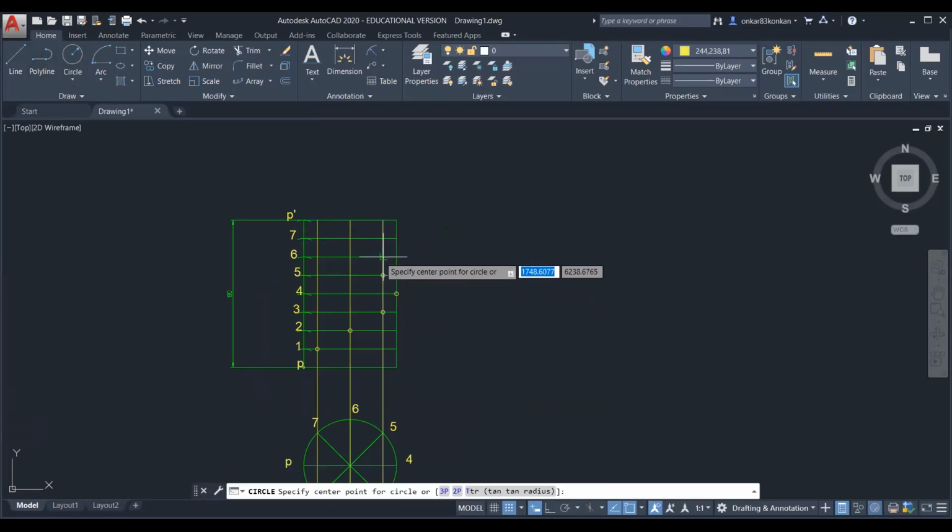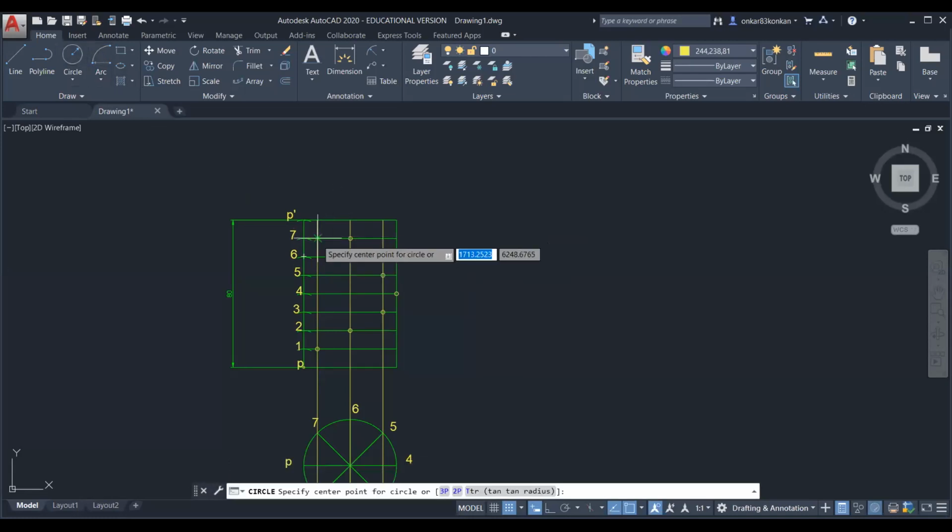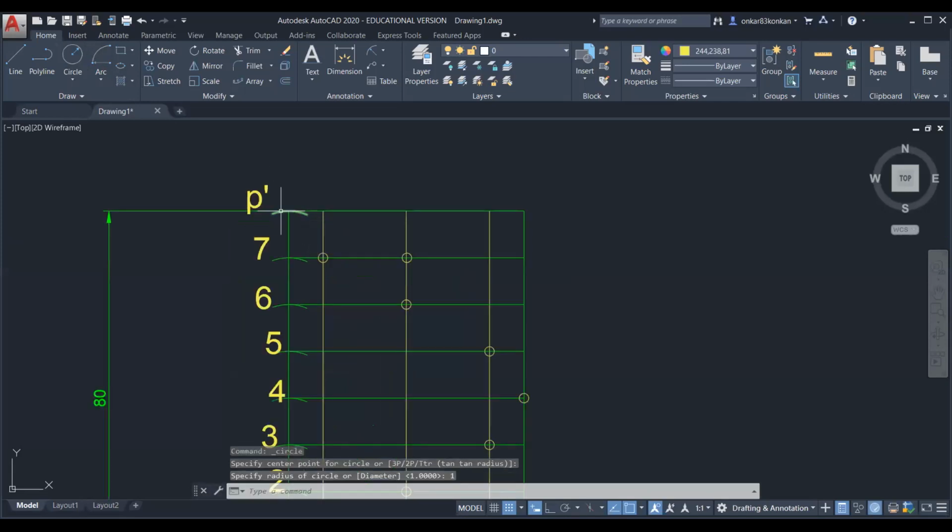After that, this is the position. This is P6. This is P7. And finally, this is P dash, that is the P8 point.